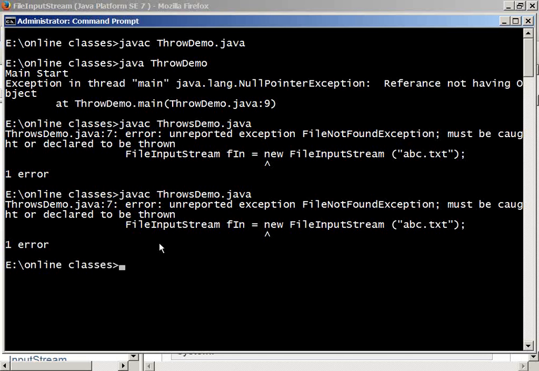So what is the mystery behind this? Why? The important thing is I keep on saying that exceptions will be created at runtime. Yes, absolutely, that is a correct statement. Exceptions will be created for you at runtime. It's an absolutely correct statement. But why is my compiler stopping me from doing it?